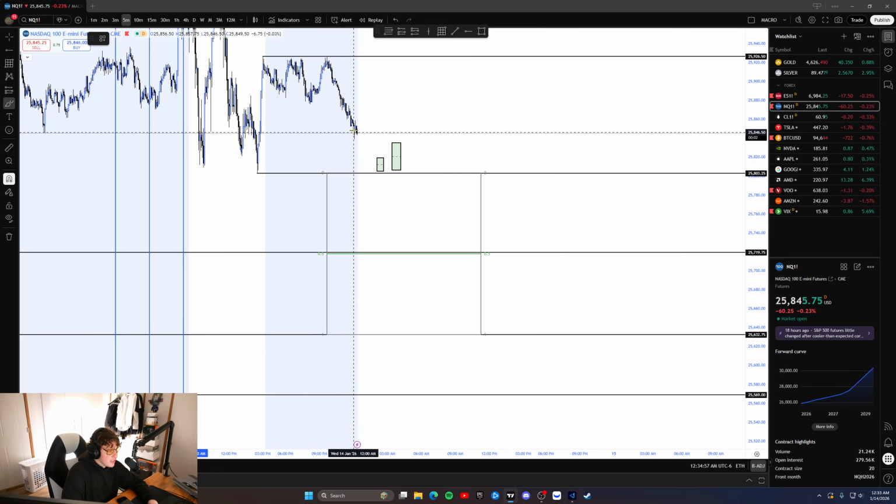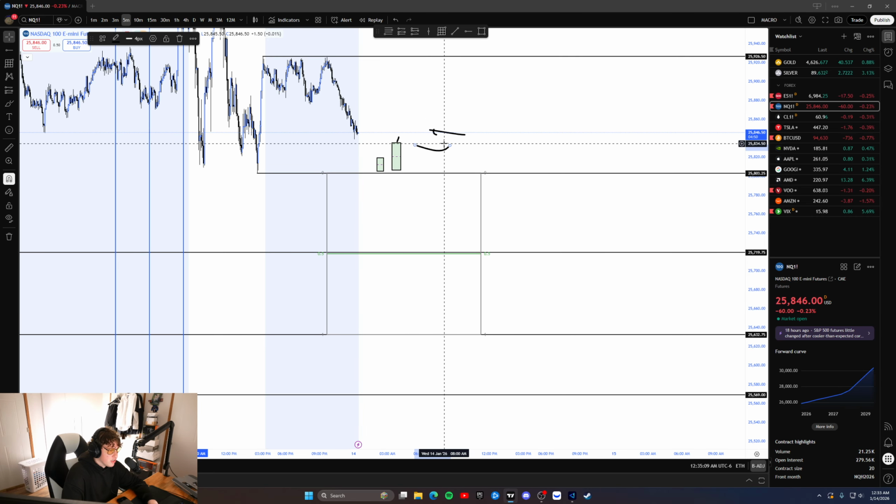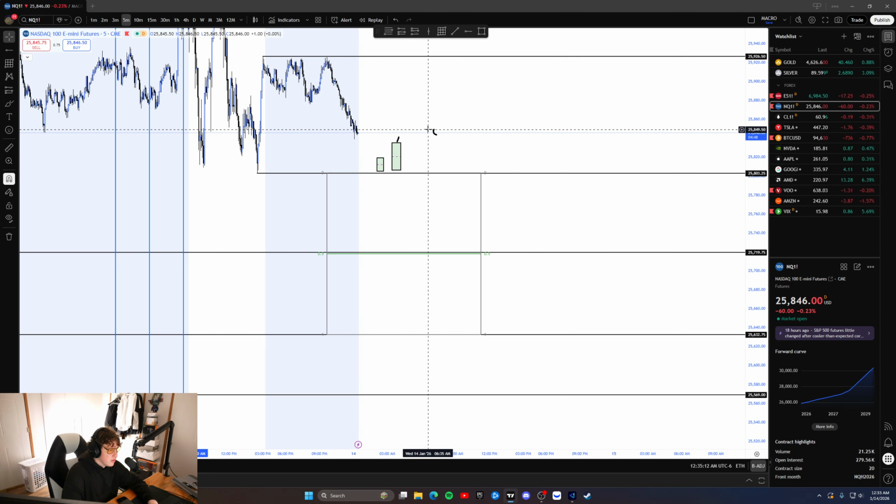So let's say it comes down here, it makes a blue candle upwards, and then on top of this blue candle's wick right here, I definitely want it to be a 5 minute closer. I tried to draw a 5, that was terrible. But anyway, I'm gonna wait for a 5 minute candle closure